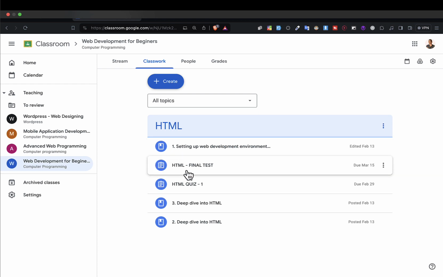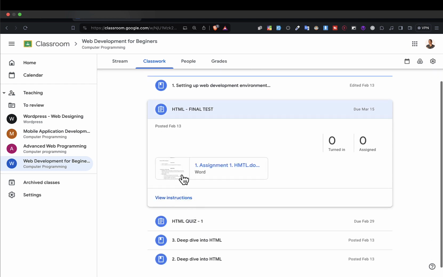So for example, this one is an assignment. You'll see an icon of an assignment here. Even Google will send you a link that shows you the assignment you have to do. And if you click here, it will give you the assignment. So you can go ahead and click on download assignment. Once you submit an assignment, I'll be marking it and giving you the marks.